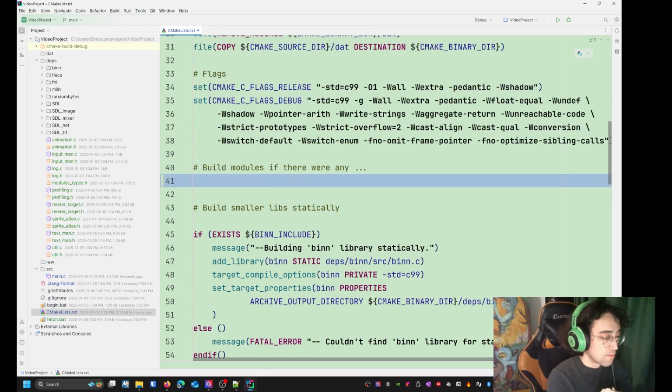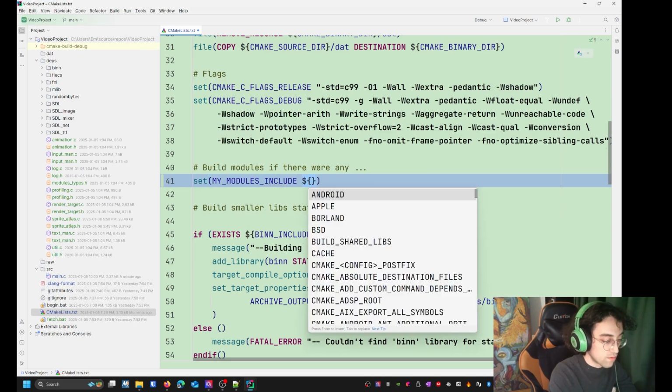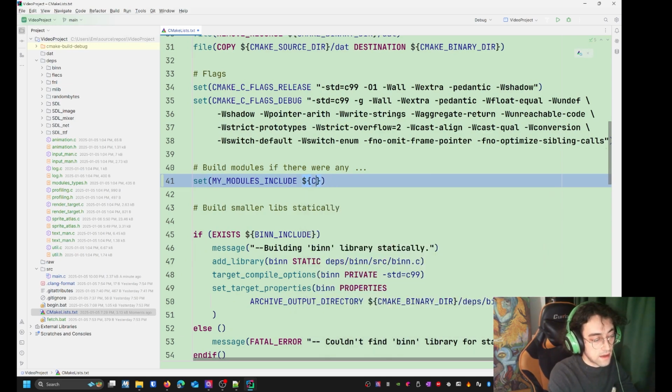We're gonna build our modules here, is where we're gonna do this step. So basically we're gonna check for our own module, my module include. We're going to take everything in